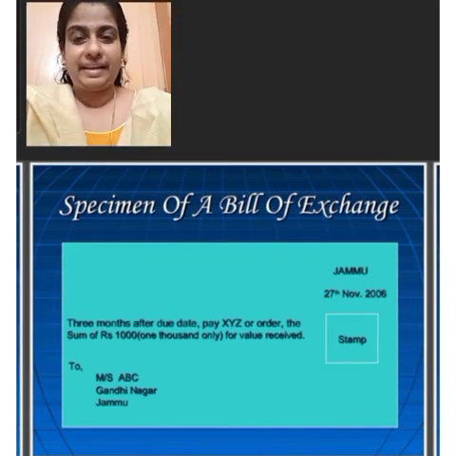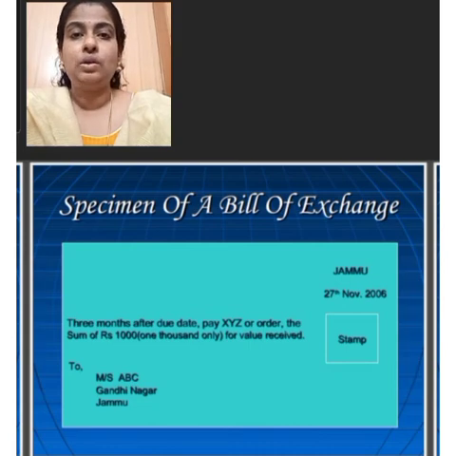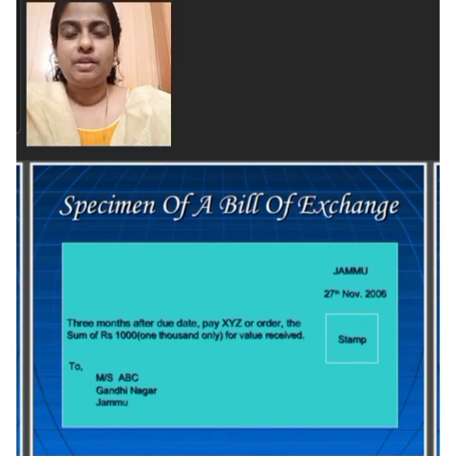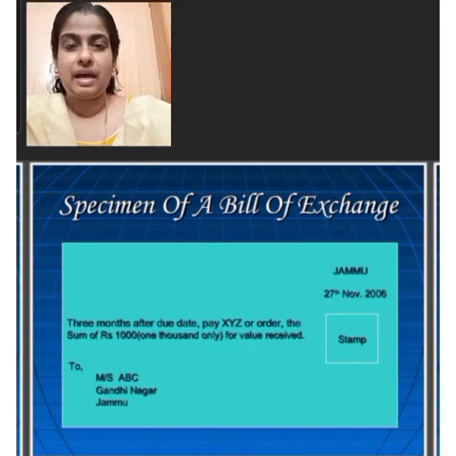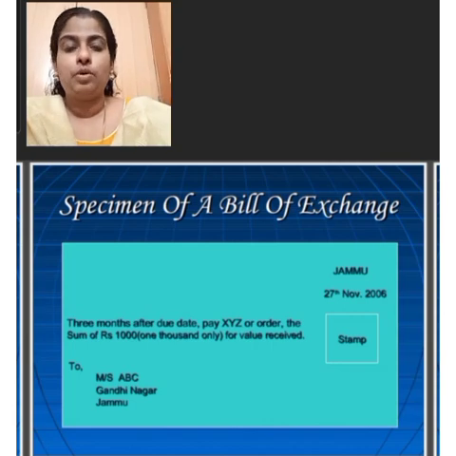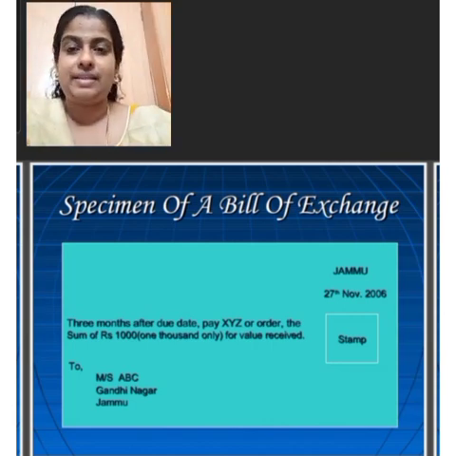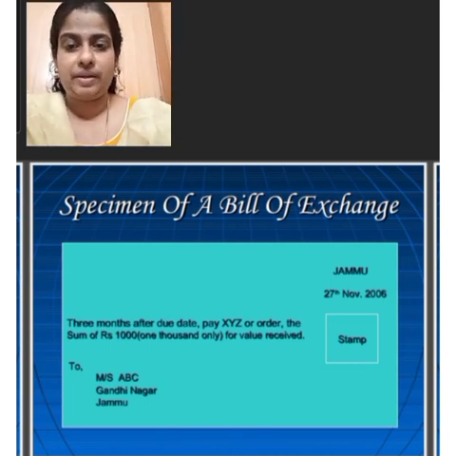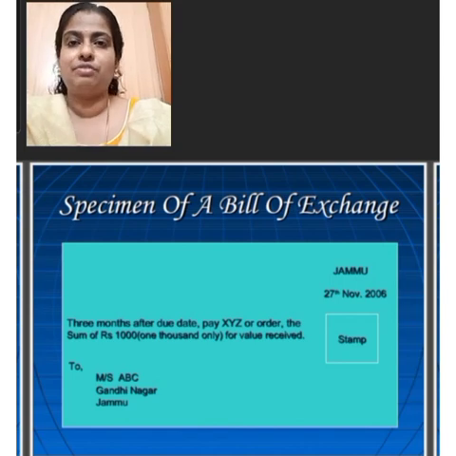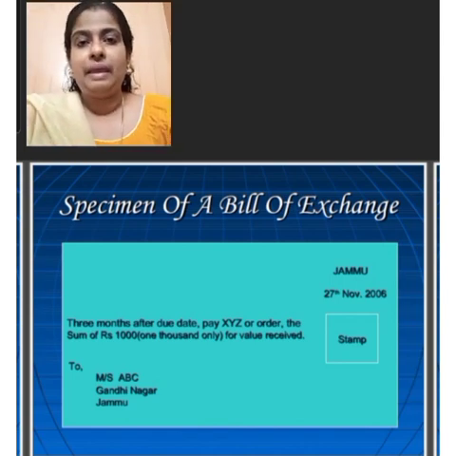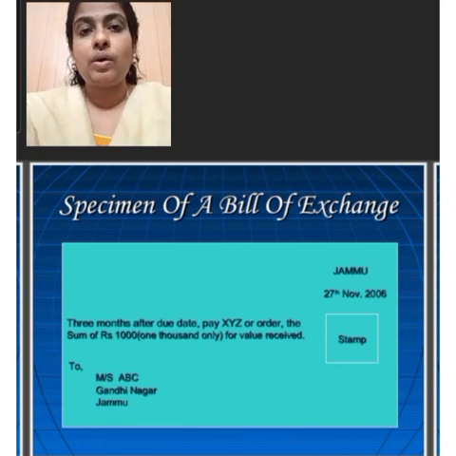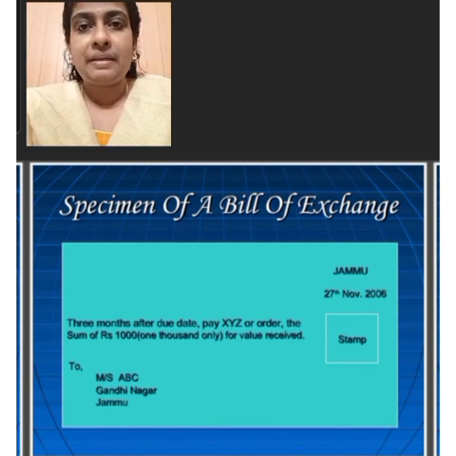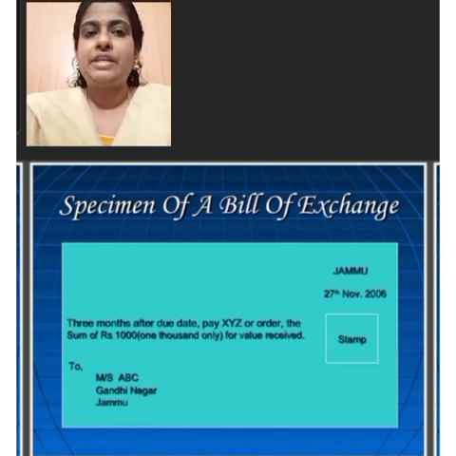Now I am going to give an example. Mr. Anand sold goods to Rohit on credit for Rs 20,000 for 2 months. To ensure the payment on the due date, Anand draws a bill of exchange upon Rohit for Rs 20,000 payable after 2 months. Before it is accepted by Rohit, it will be called a draft. It will become a bill of exchange only when Rohit writes the word accepted on it and appends his signature there to communicate his acceptance.